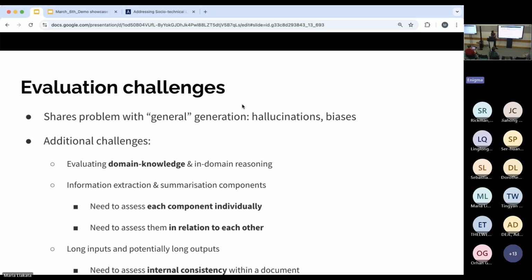So now moving on to the evaluation challenges. Obviously, there's a lot of research work in this area. So evaluation for mental health summarization shares some of the challenges with general domain generation, which includes, we want to make sure we catch and penalize hallucinations, potential biases. But there are also some additional challenges that come with modeling text and mental health and evaluating them. So for instance, the importance of capturing in-domain knowledge in cases where we have different views